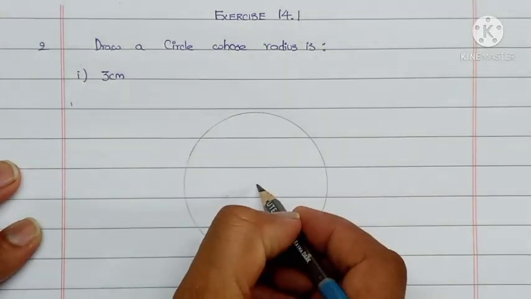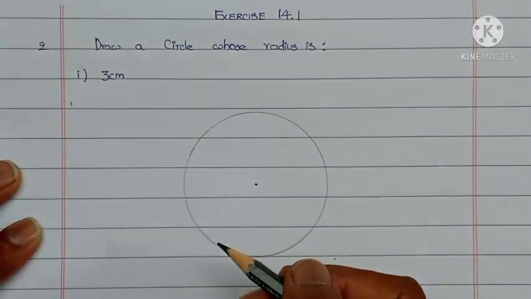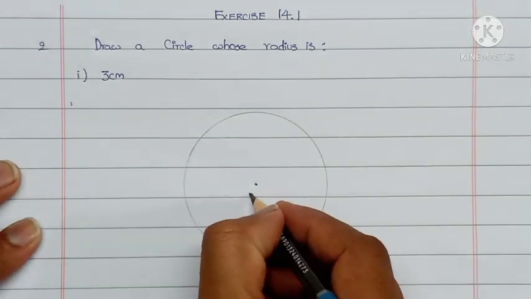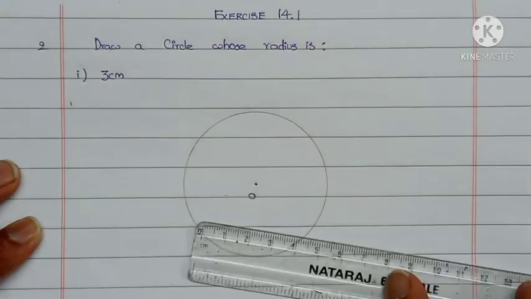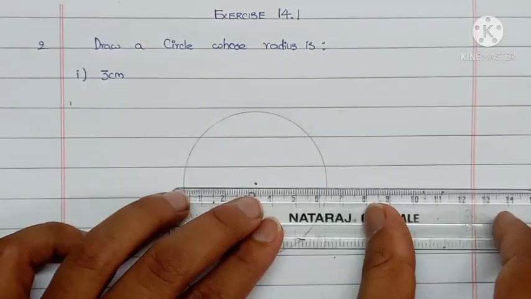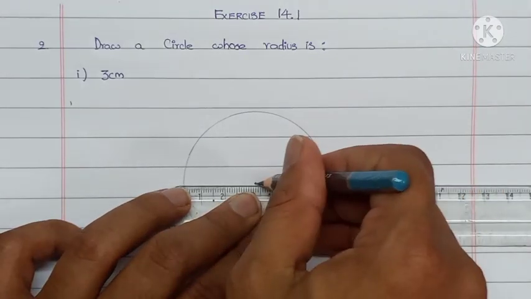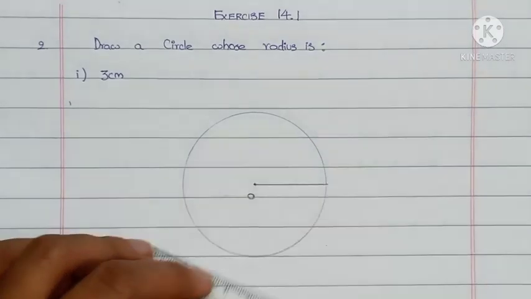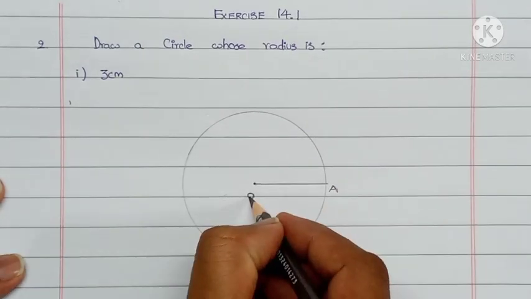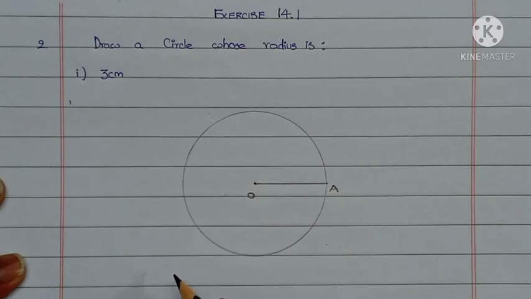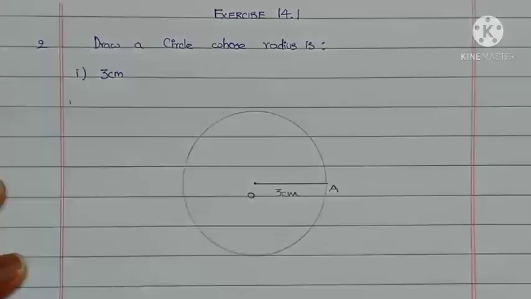And if you observe here, that sharp edge will create a point here. That one is the center. Mark it O, for example. Now from the center of the circle to the boundary of the circle, draw a line. Now mark it OA. As we already kept here O, then take A. As they give, that length is going to be 3 centimeter. Here you write 3 centimeter.